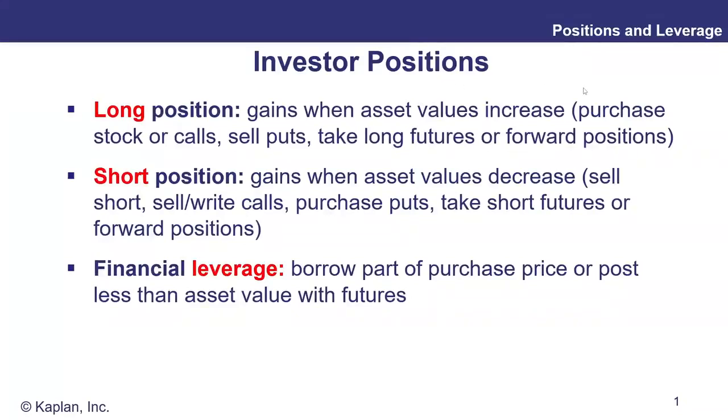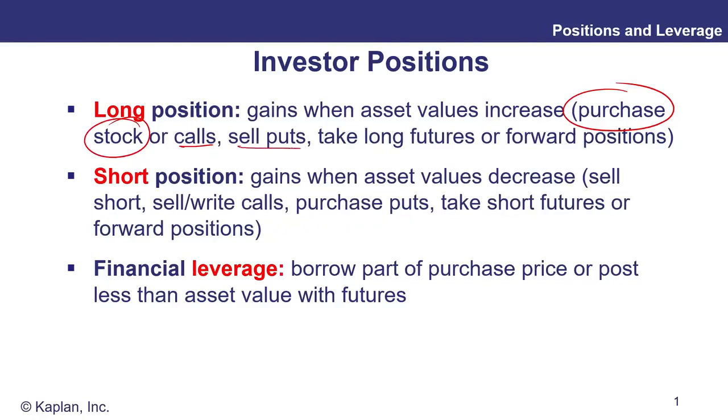Okay, the basics. A long position is one which gains when the asset values increase. At the most basic level of this, you just purchase the stock. You buy a share, it goes up in value, you have a gain. That gain is unrealized until you sell it, but it's still a paper gain. Now you can create similar gains if you buy call options on that underlying stock, because the call option gives you the right to buy the asset at a fixed price. So if the asset price is higher than that, well, you can buy the asset at the nice low fixed price and then decide to sell the asset simultaneously in the market, and you can pocket the difference.